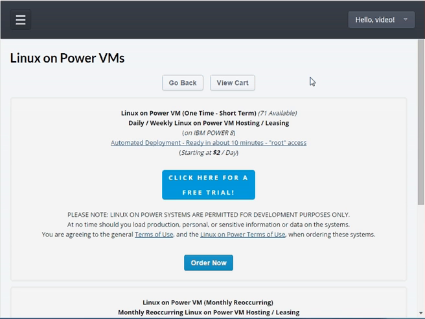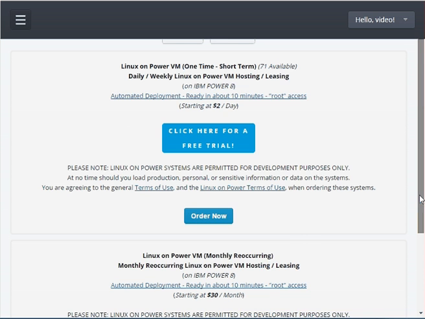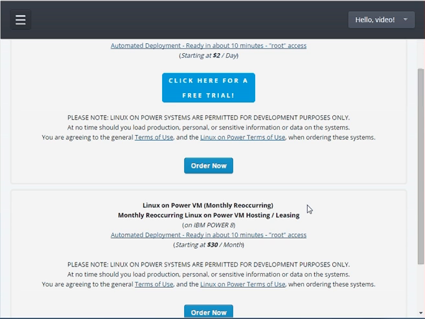A screen will be displayed with a couple of options for ordering Linux on Power8 VMs. The first option is for ordering one-time short-term Linux on Power8 VMs, and the second option is for ordering monthly reoccurring VMs. The difference between these two options is the one-time short-term